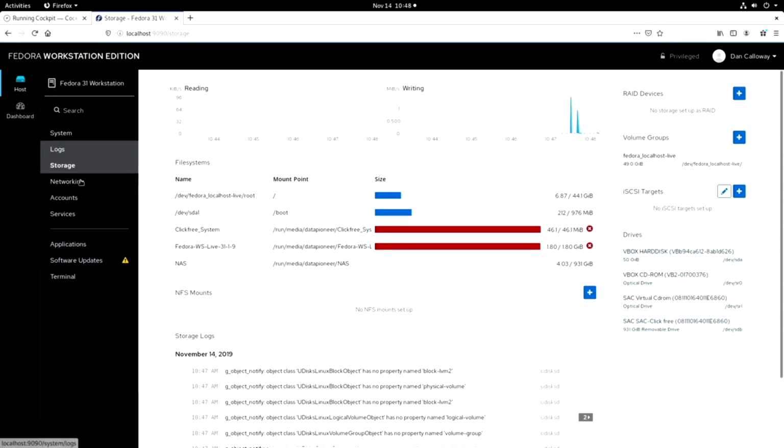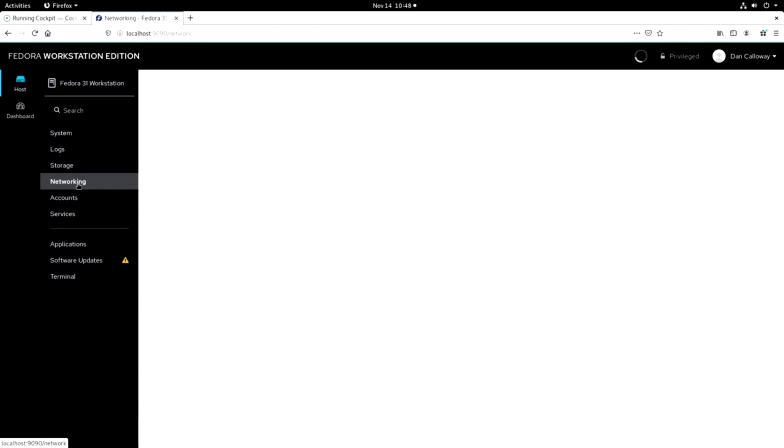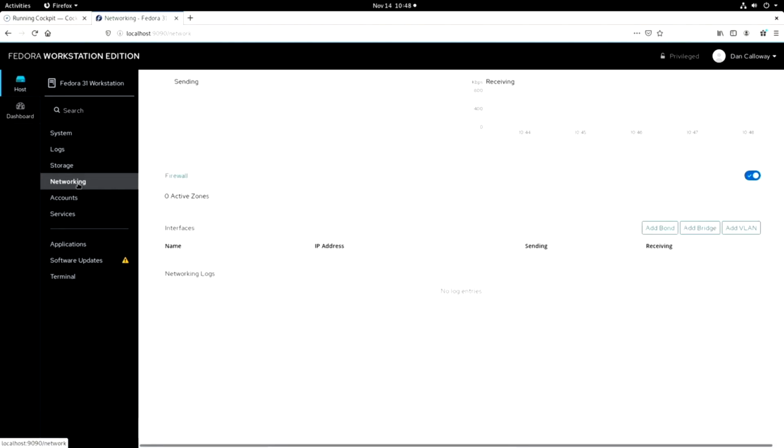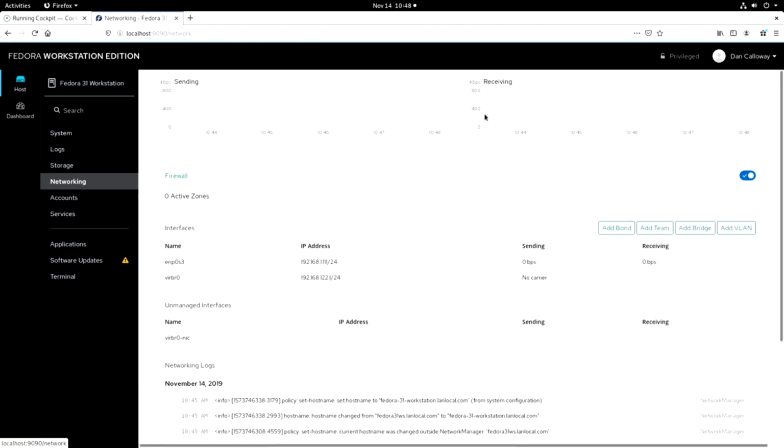All right, let's go out on networking and take a look at that. For networking, you've got the send and receive traffic that's being shown here graphically. I've got 0 active zones in the firewall. I've got it turned on. For interfaces, I have the ENP0S3, which is the 192.168.1.111.23. All right, and then I've got the VIR-BR0 for the bridge, which is the virtual bridge for VirtualBox, and